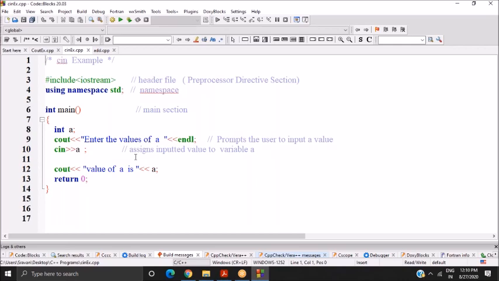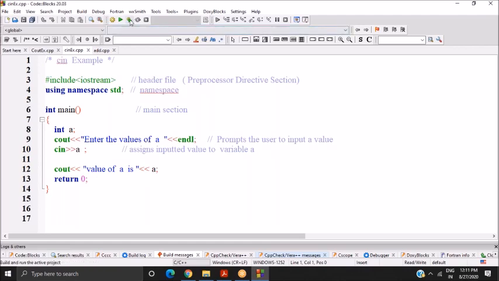And after that, I want to display the value of a on screen. So it can be done by using the cout statement again. So cout, the insertion operator, "The value of a is" as some message, and next again the insertion operator, the variable a, and finally return 0.